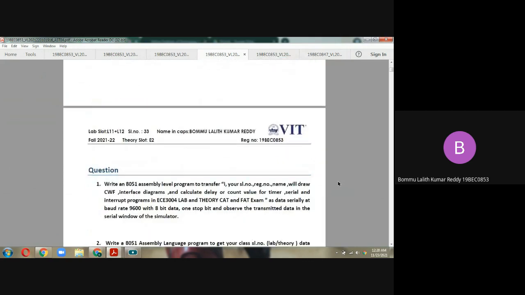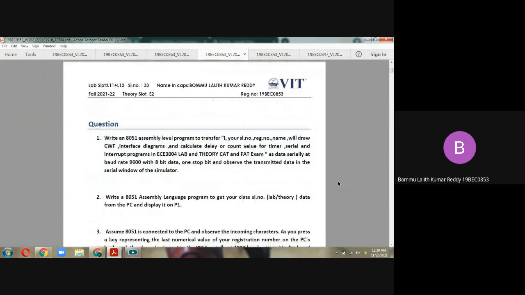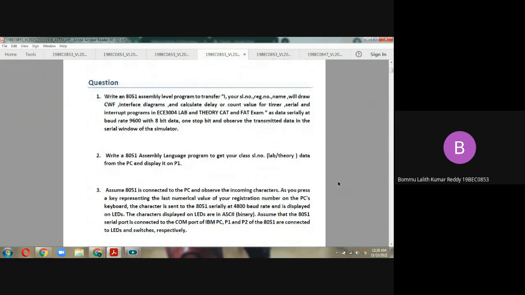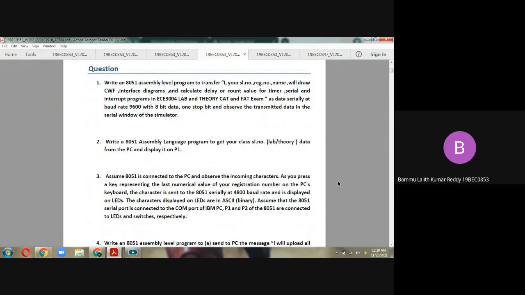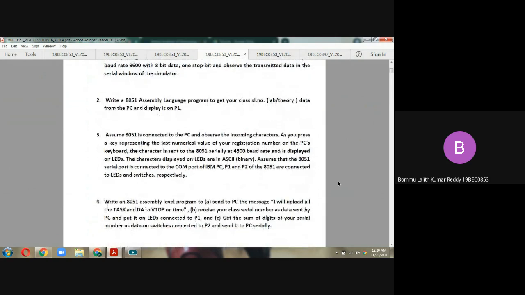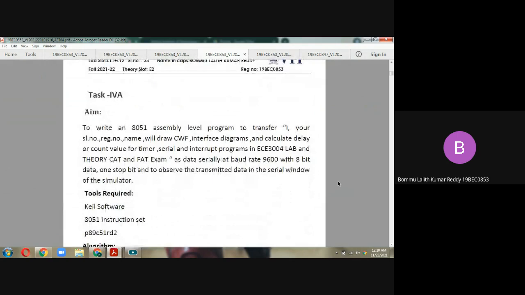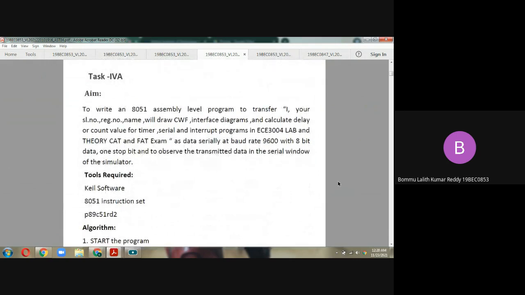Coming to the question: write an 8051 assembly level program to transfer the given input, which is my SL number and registration number. These are all the questions for this Task 4. Coming to Task 4A, the aim is to write an 8051 assembly level program to transfer your SL number and registration number